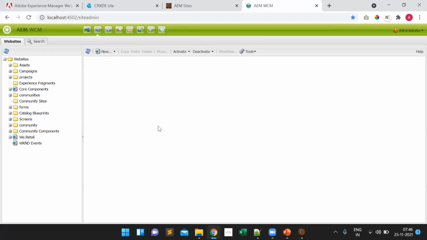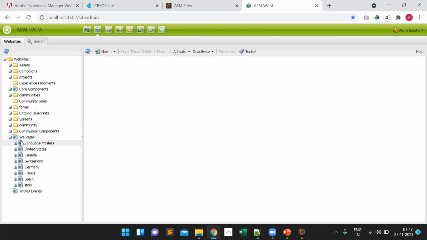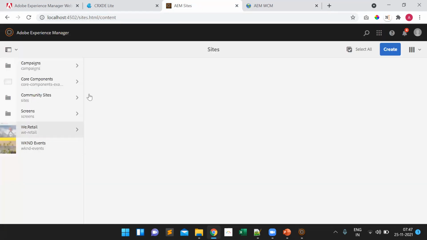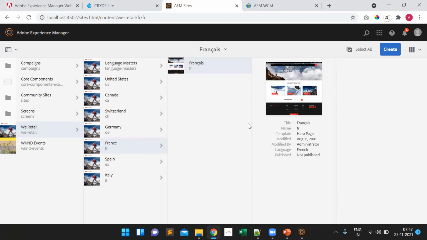Eventually, what becomes a habit for a developer or anyone is which user interface they are comfortable with. Personally, I find classic UI still much better, because on a single click I can see what exactly is inside this one. The same thing is possible over here as well, but it has something appearing over here again and again. I do not like this,